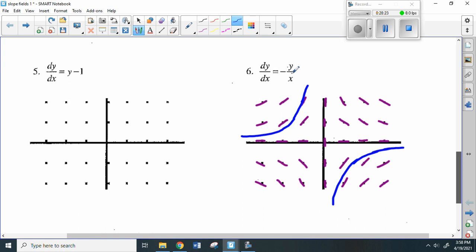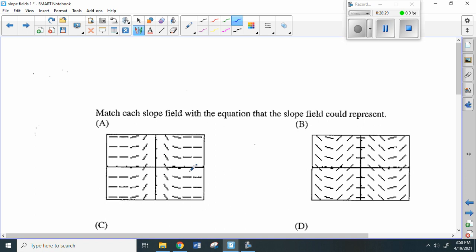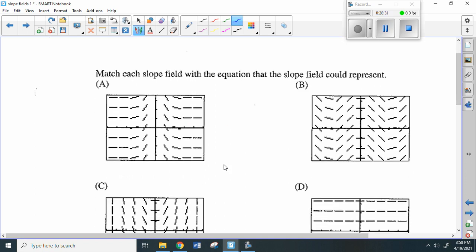Wow, we would have ln's on both sides. Okay, so that would be really interesting. All right, the next page that I'm going to have you look at, I've actually given you some slope